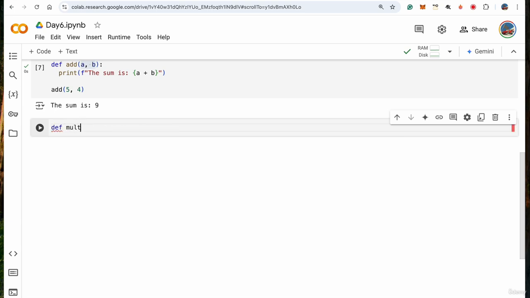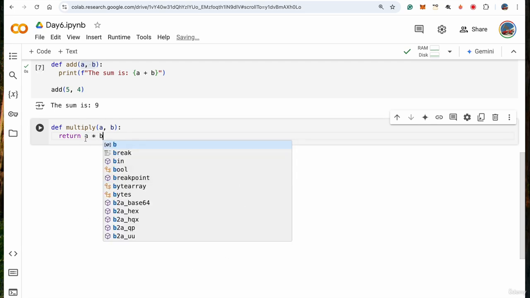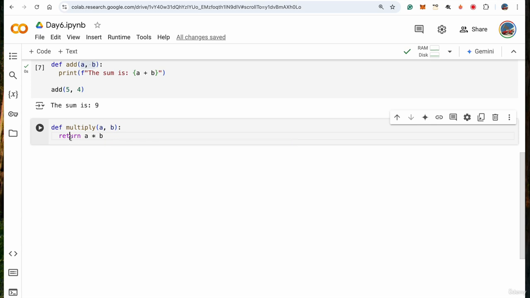Let's call it multiply, and then I pass a and b as parameters. Usually I can just say print, but I can say return a times b. What it will do is the multiplication here, and whatever the value is, it will return to whoever called this function. So if I go here and say result